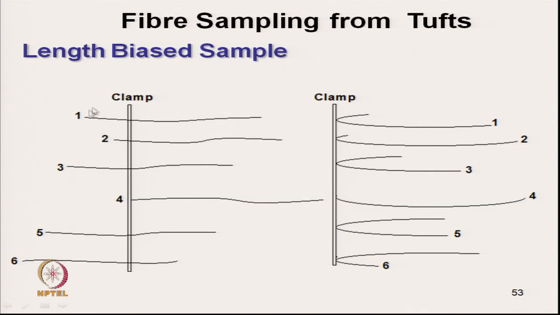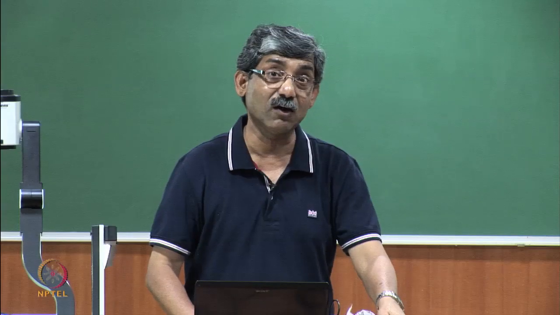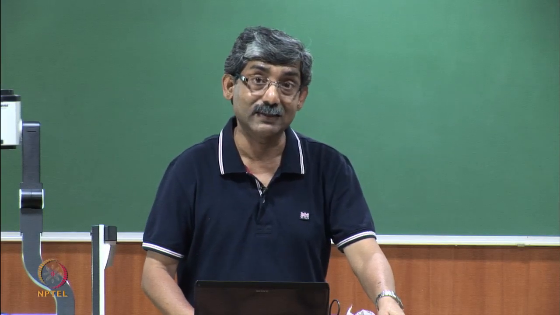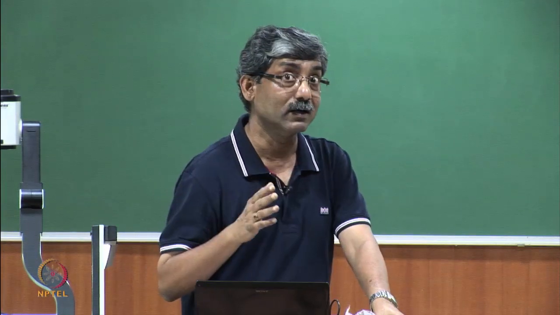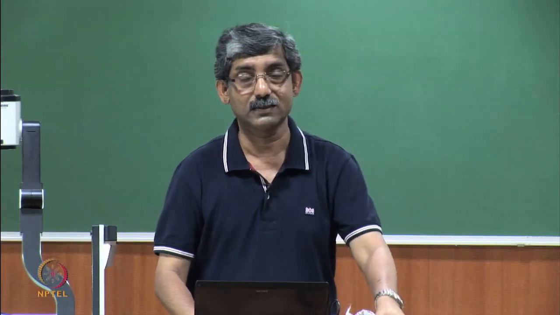Now, after that, if the ends are folded, these fibers are arranged in such a fashion that the density of the fibers, from the comb clamp side going to the right side, will follow a straight line curve. These things we will discuss. This density of fiber along the length versus the proportion of fiber is called the fibrograph, that we will discuss later. So, these are the assumptions we have discussed.